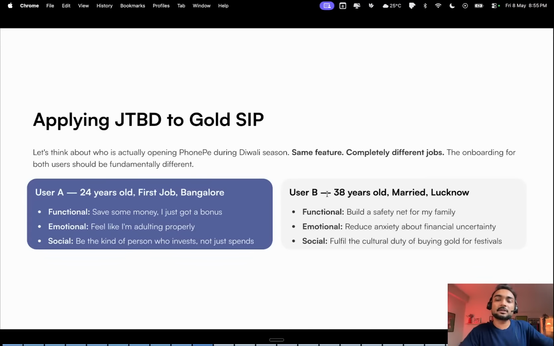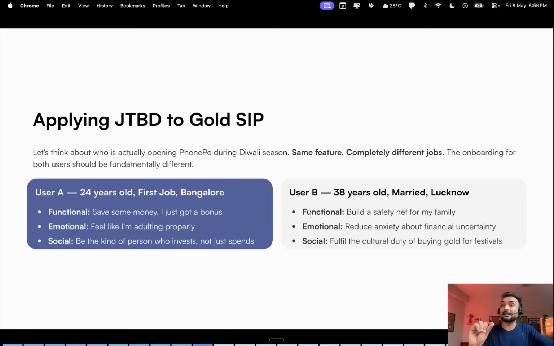Now for a 32-year-old married person living in Lucknow, what is the functional benefit? The functional benefit for them is they are building a safety net for their family. Okay, and this is not an emotional layer, by the way. This is not an emotional layer for a 24-year-old, this would be an emotional layer, jobs to be done. But for a 30-year-old person, it's common for them to be building a safety net for their family. That is why for them it's a